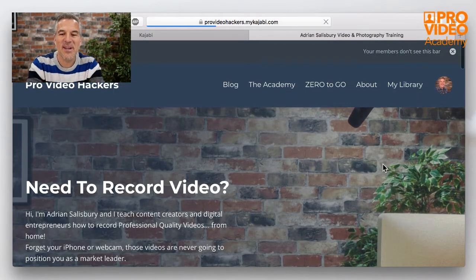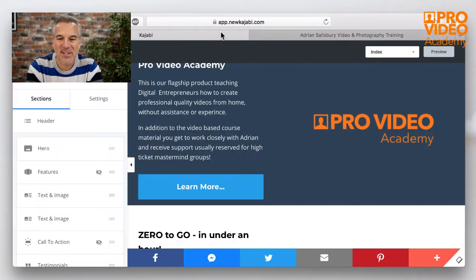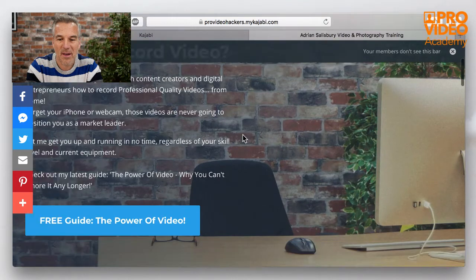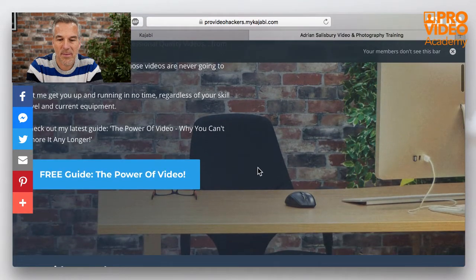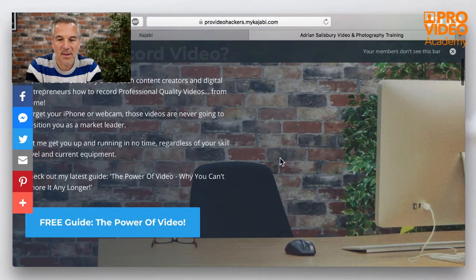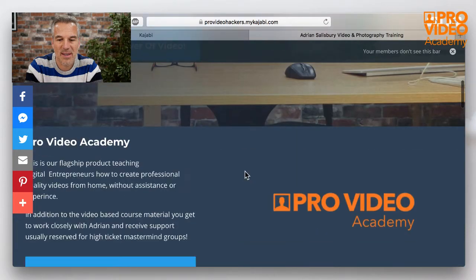So what I'm doing now, I've got 2 tabs open. One is my working page and one over here, I just want you to see what the page is looking like. Along the top here is my header area, and we'll come to that in a minute. Then I've got a banner at the top. I've played around with my screen, so this is running off a 13-inch screen, so it's compressed in slightly. But I've got a section at the top here with an image in the background, some text and a call to action. Then it runs down.